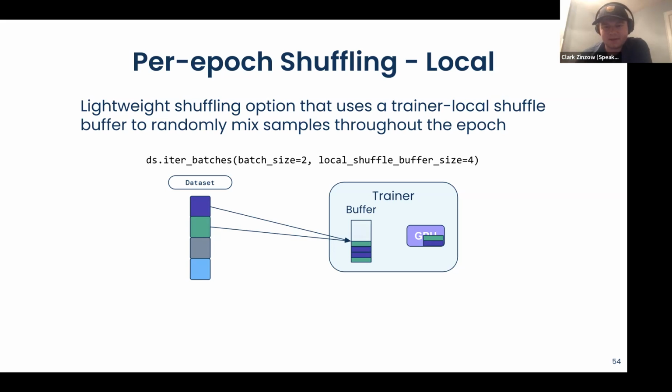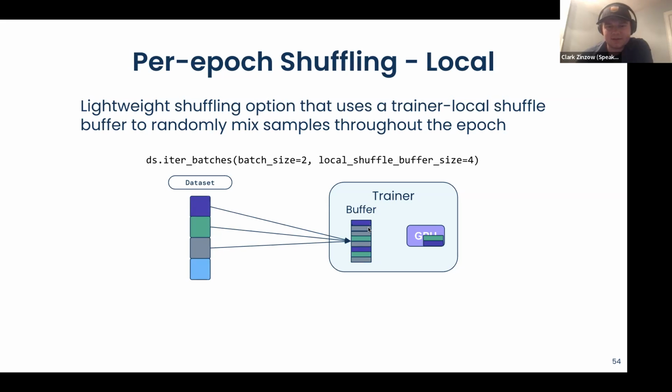So now we can consume each of those batches until we were about to dip below that local shuffle buffer size of 4. So that's what happens here. We pop those first 2 off, and it's like, can we pop another one off? No, we can't, because then we're going to be dipping below that local shuffle buffer size of 4. Which means we have to wait until ingest is done so we can add another block. And okay, we're above that local shuffle buffer size, which means now we shuffle it again.